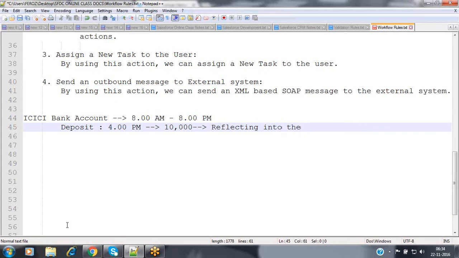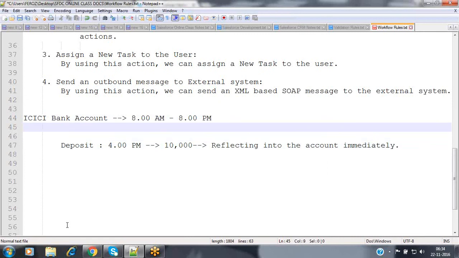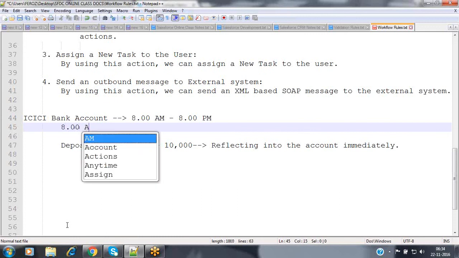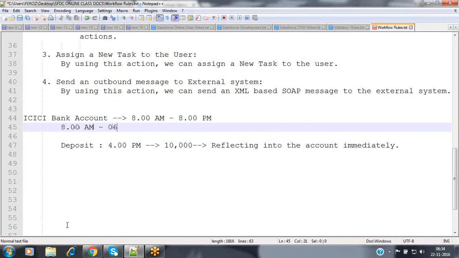It reflects in the account immediately. Now, according to the bank policies, transactions performed between morning 8 a.m. and evening 6 p.m. are immediately reflected in your account by default.